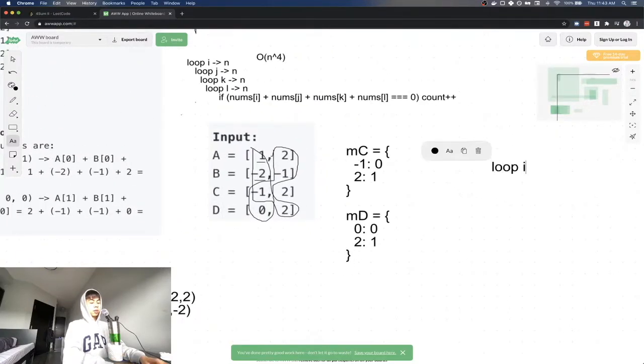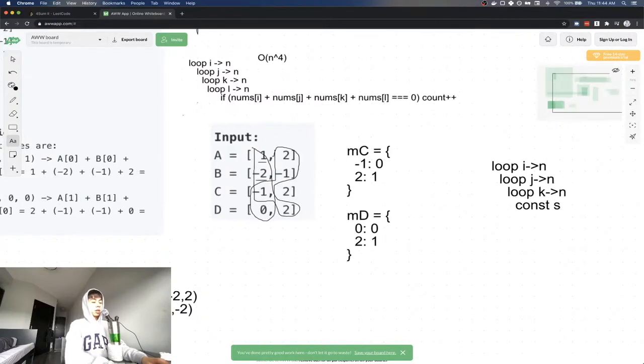I loop I through N, loop J through N. So, okay, I can do N cubed for sure. I don't know why I didn't think of that earlier. I removed the last loop by processing D first, IJK to N. And check to see if, so like the current sum right now,